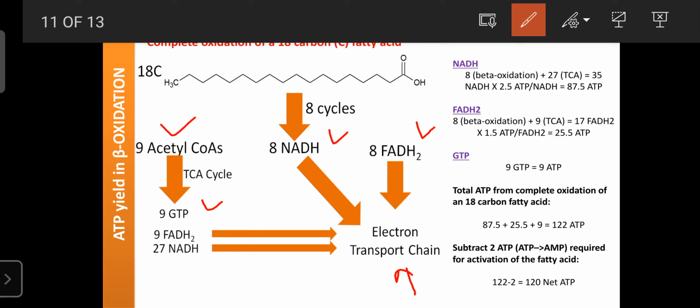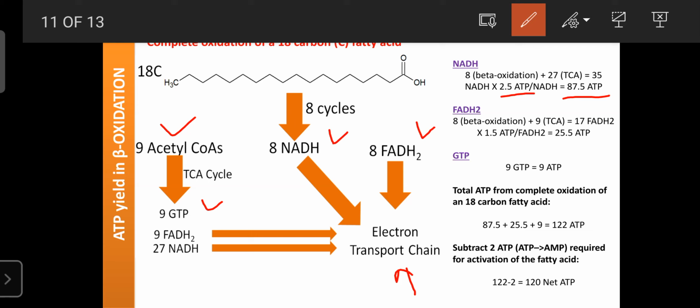So like that, in the 8 cycles, 8 molecules of NADH are produced during beta oxidation. Those molecules enter the TCA cycle, where they can produce 27, and a total of 35 NADH molecules are produced. One NADH molecule can yield 2.5 ATP. So that's why complete fatty acid oxidation can yield 87.5 ATP